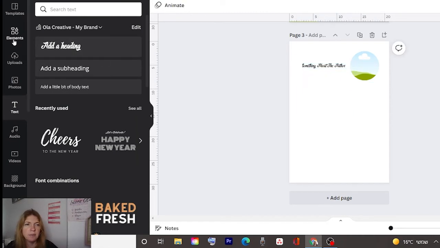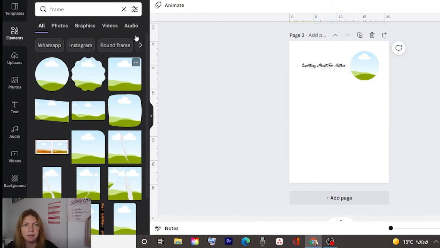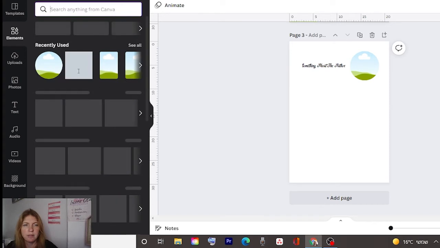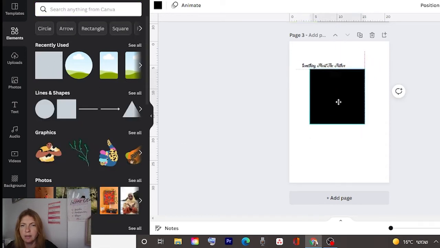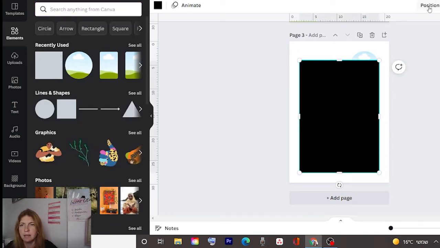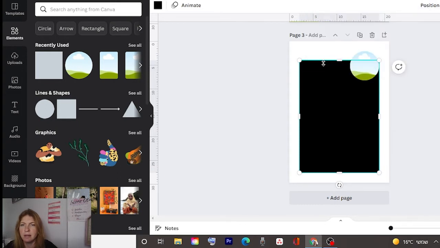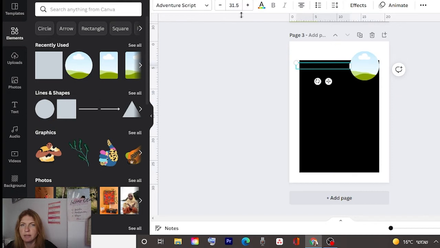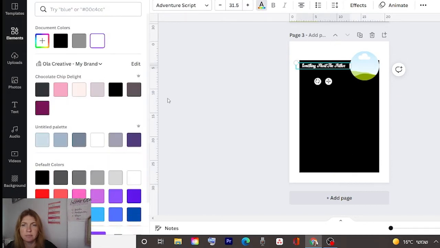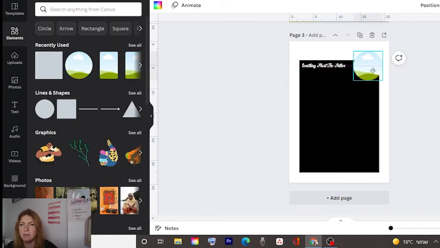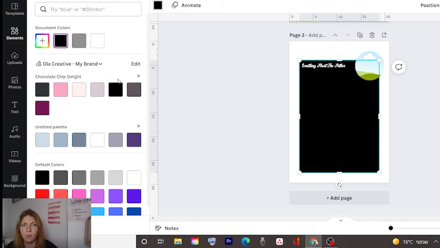So let's go back to shapes, element, and click out of frames. Let's grab this shape again. Let's position it underneath, backward. And now you cannot see the text, so we'll just make the text white. And we're gonna move this frame a little bit out. And we can change this color to something more nice, like